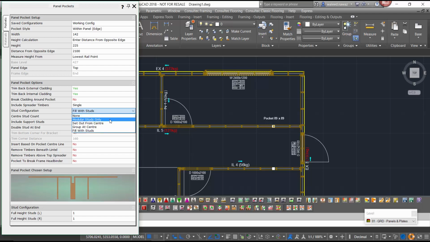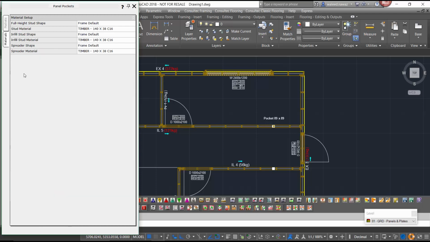We can choose from modular studs only, we can set out from a center, we can group at the center, or we can fill the pocket with studs. We can also set the center stud count and include support studs as well. We can also go ahead and define the full height studs, which will be on the left and right hand side of the pocket. If we go on to the next tab, we can have a look at the material